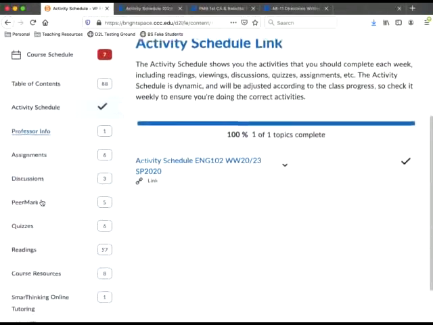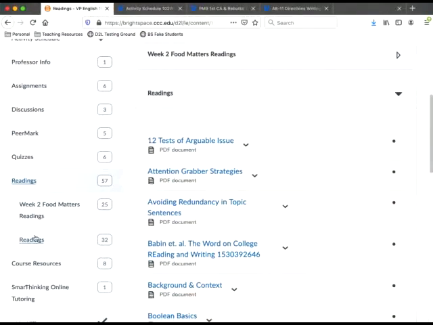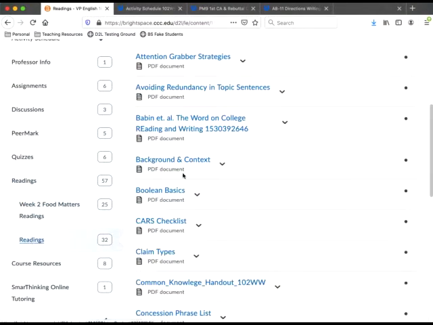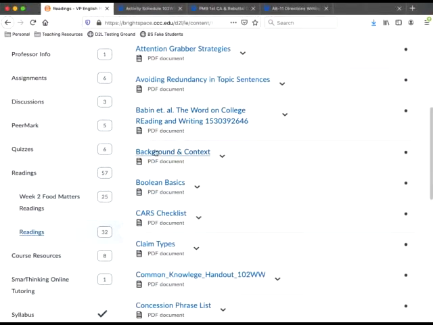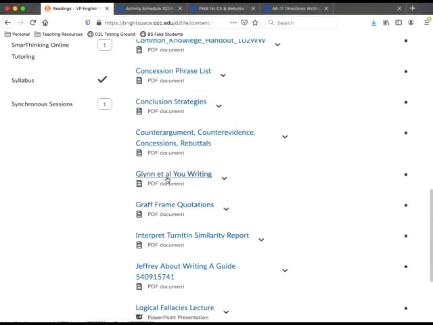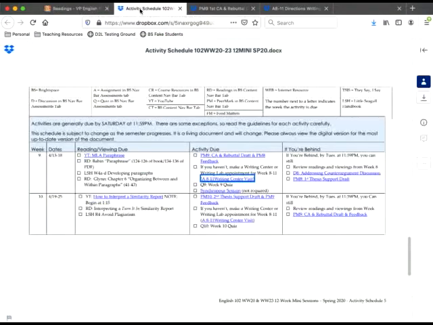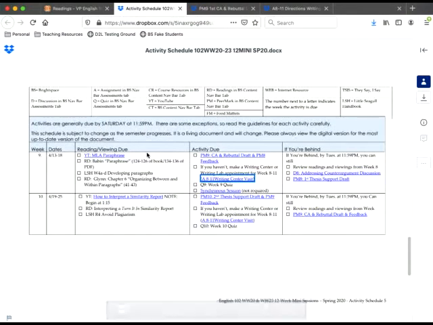When we come into content, we see that there is a reading submodule, and we don't want the week 2 Food Matters readings, we want the regular readings. Once we're here, we see that they're alphabetized by the first word. So there's Babin, and here's Glynn. Okay, so those are the things that you're supposed to encounter to be able to help you with your graded